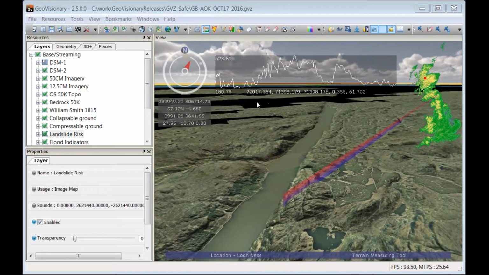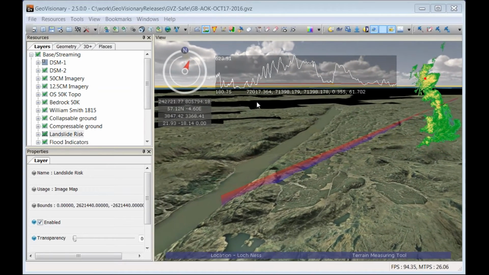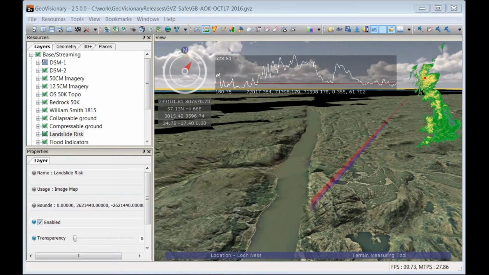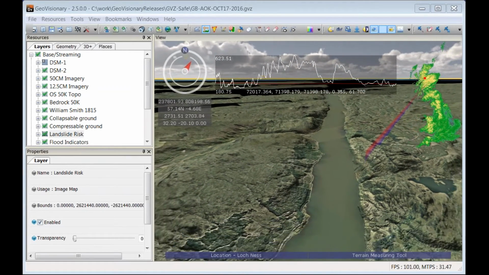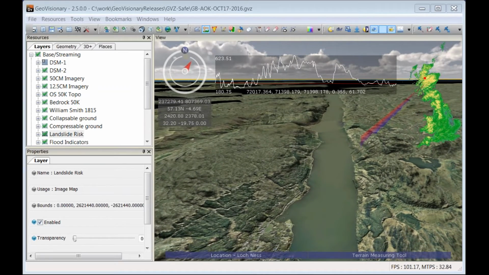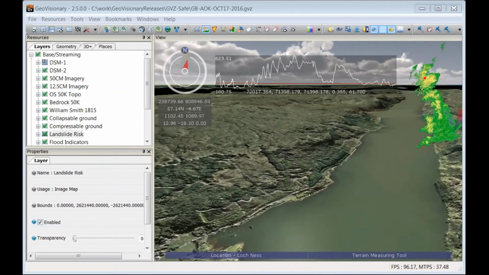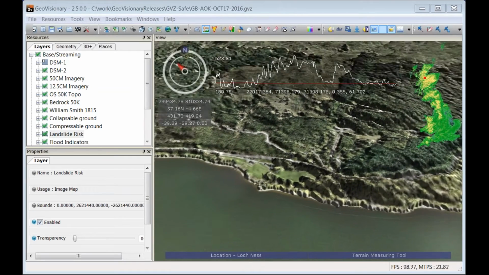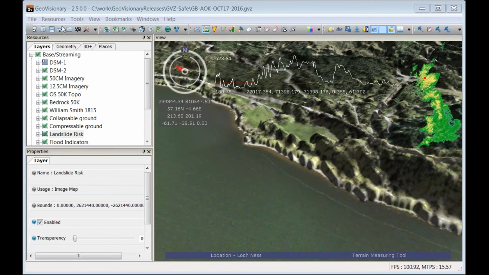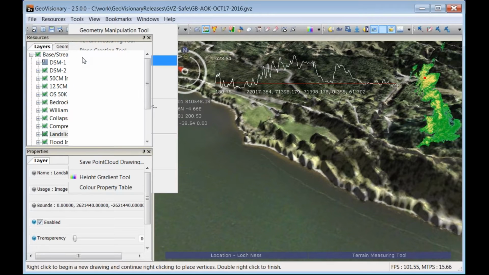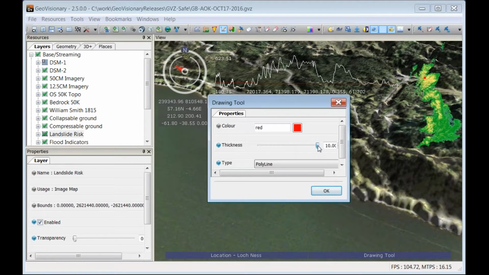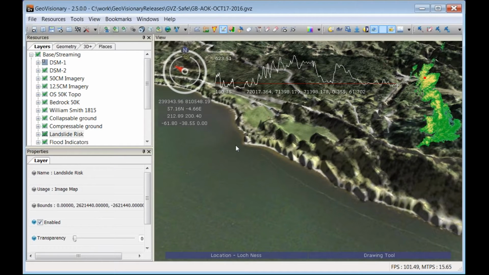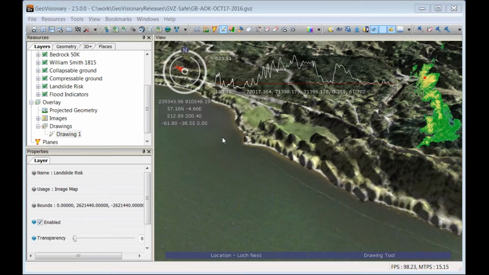And this 3D shapefile can be exported straight into ArcGIS because there is a dynamic link between the two softwares, and that enables you to digitize in the 3D window, which I'm going to do now. So we drop down to the coast. What do I want to do? I want to set my drawing tool, and I'm going to set the default properties. I'm going to do a linear that's about 5 meters wide, and I can just go straight down here and start digitizing